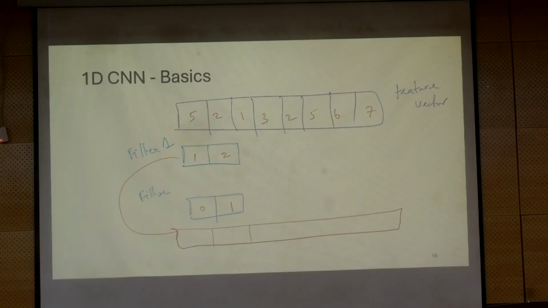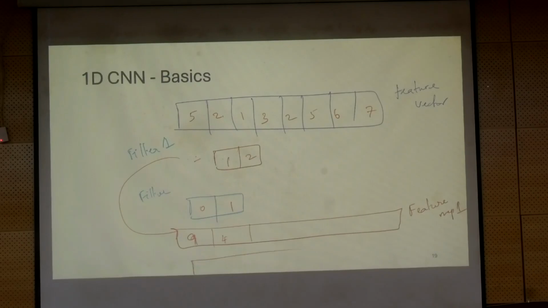So what will I get? I will get feature map 1, and that is based on filter 1 weights. 5 into 1 is 5, plus 2 into 2 is 4, so that is 9. Then if I have a stride of 1, this filter will move here: 1 into 2 is 2, plus 1 into 2 is 2. So 2 plus 2 is 4. So this is 9, this is 4, like that. So this is the first feature map.